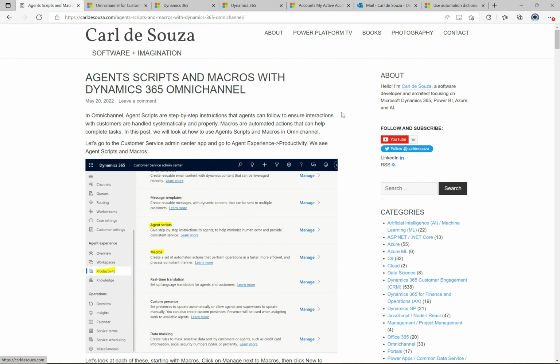Today, we're going to take a look at Omnichannel agent scripts and macros. Agent scripts and macros are basically ways where you can help an agent go through a predefined workflow and help a customer with a conversation to resolve an issue. So today we're going to take a look at how to use these, what's the difference between macros and agent scripts, how they fit together, and then we'll go through a demo, we'll build one out,